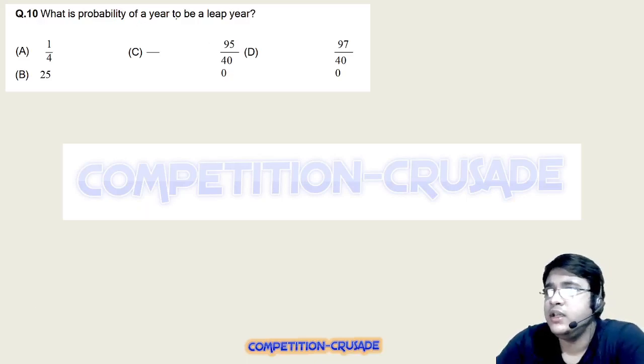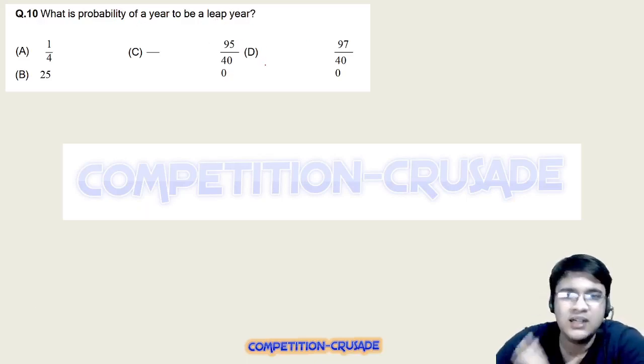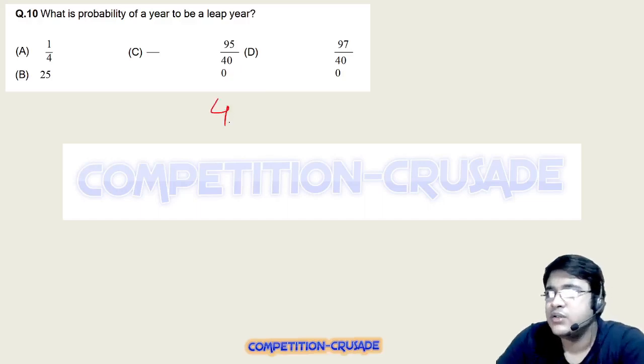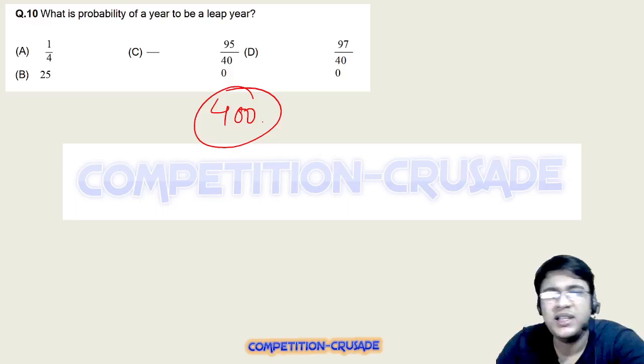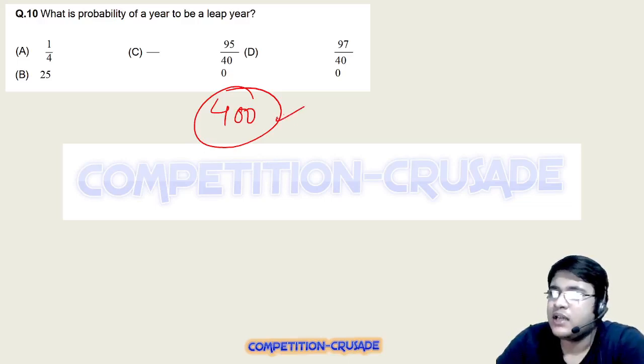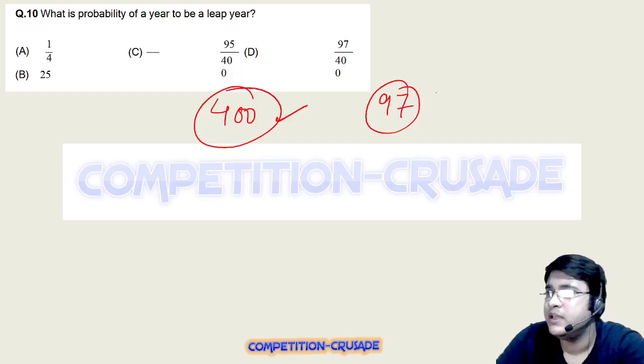ठीक है, this is the last question. What is the probability of a year to be a leap year? See, ये ना स्टैंडर्ड क्वेश्चन है, हर 400 साल में आपको ये चीज, अब मैं अभी बता देता हूं, आप चाहो तो याद कर सकते हो। ये प्रोबेबिलिटी एक तो आता नहीं है कैट में, ठीक है, और आएंगे भी तो इसी तरह के घटिया सवाल आएंगे। तो एक चीज मैं आपको बता दूं, हर 400 ईयर्स के पीरियड में 97 लीप ईयर्स होते हैं।